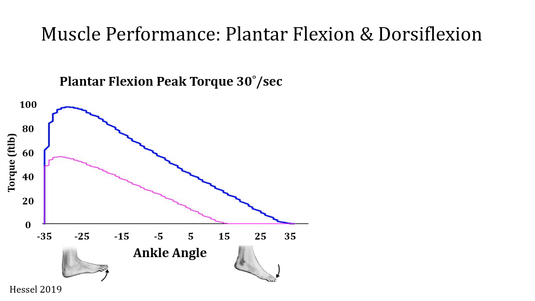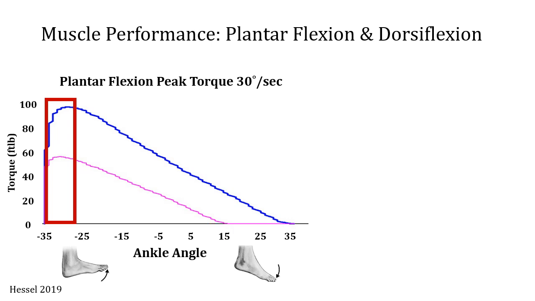So your plantar flexion force time curve, in this case force positional curve, you can see the ankle angles on the x-axis and then the torque in foot-pounds on the y. Both of these would be normal force curve profiles. It kind of looks like a slide that you would see at a playground. At the pinnacle, in the most dorsiflexed position, you're getting your peak torque. It depends on the individual, but in this case,